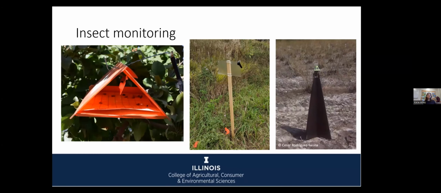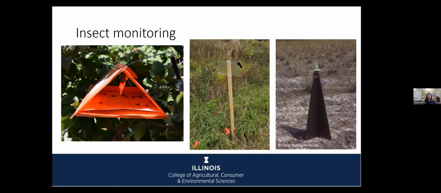So there are two things that we use for this. Insect monitoring is going to be the most common one, of course. And I just wanted to show you different trapping types that use these pheromone lures and the ubiquity of these throughout IPM in an orchard. So on the left, you'll see a delta trap. Delta traps are by far the most common thing that we use in orchard systems. They are used for monitoring a variety of things. The most important one, I would say, is probably codling moth, and I'll talk pretty extensively about codling moth today.